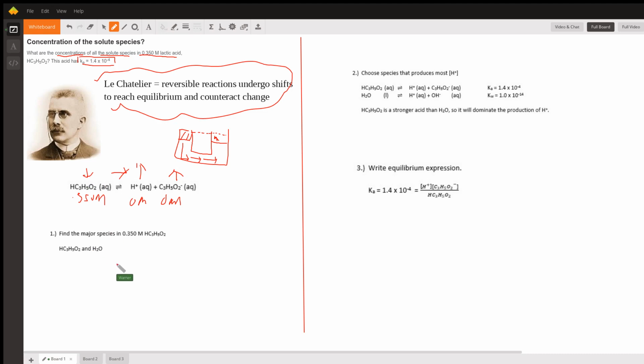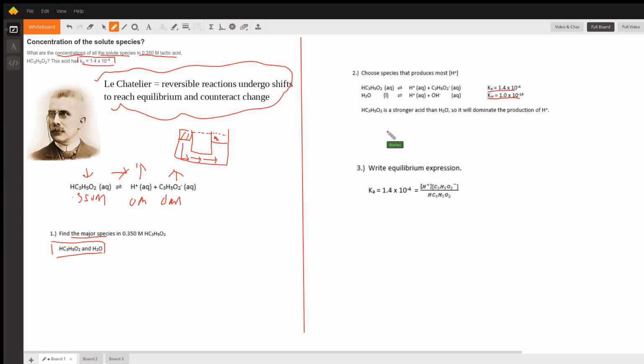So even before any dissociation occurs, we need to understand what the major species are. Dissociation will only occur if water is present and some form of acid, which in this case is lactic acid. So we already know our major species. From the major species, we have to determine which one of these is going to produce the most amount of hydrogen. We can do it two ways. We can look at the Ka values